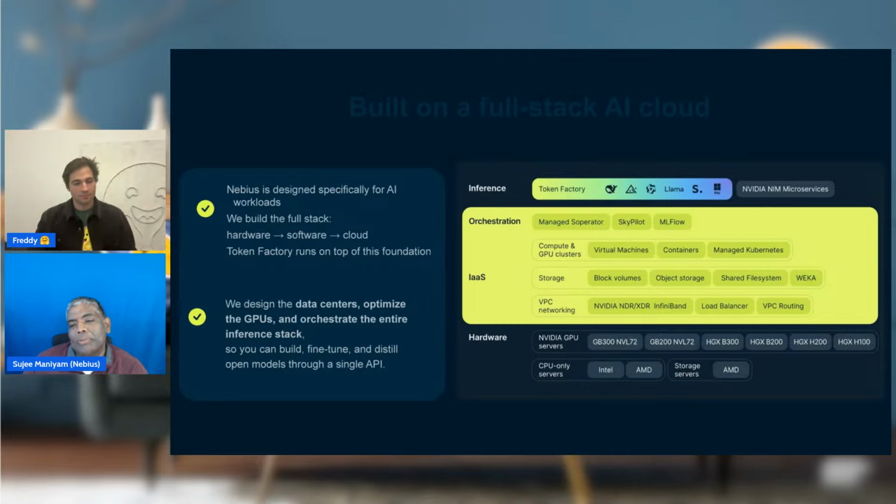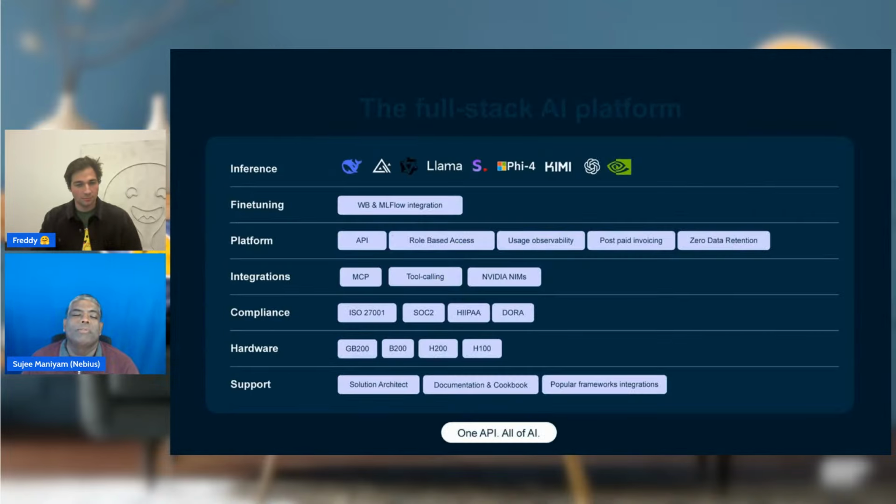Since we control the vertical stack, this gives us pretty good control over performance, price, and reliability. The Token Factory sits right on top of the stack, and that's what I'm going to talk about today.